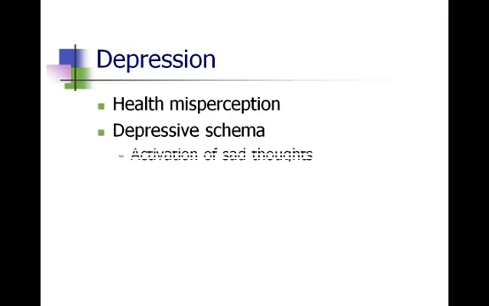and a couple aspects of that. One, in terms of the activation of sad thoughts. Whenever you have a well-developed depressive schema, there are lots of sad memories and thoughts and negative thoughts of the self, all connected in that cognitive network. And so whenever you think about one sad thing, which sometimes something in your environment may cue you to think about, some particular sad thing, maybe not even related to yourself, like, oh, that's so sad that that puppy got